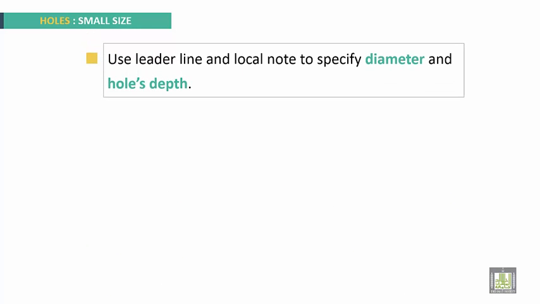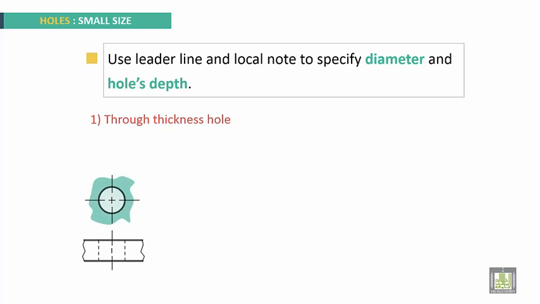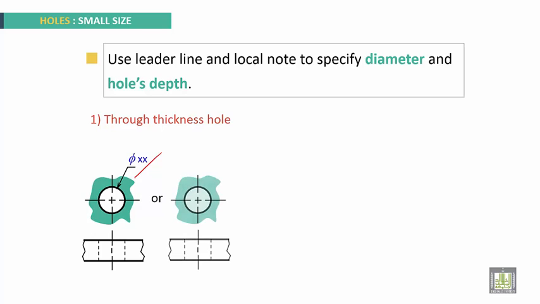Holes with small size. Use leader line and local note to specify diameter and hole's depth. For example, through thickness hole. Here it is written phi xx, for example, phi 10 millimeters, given diameter, and we put through,